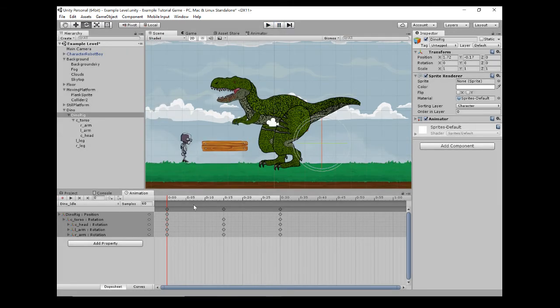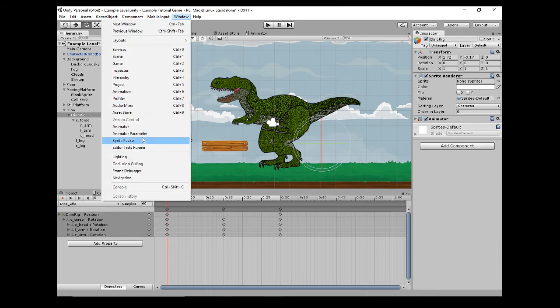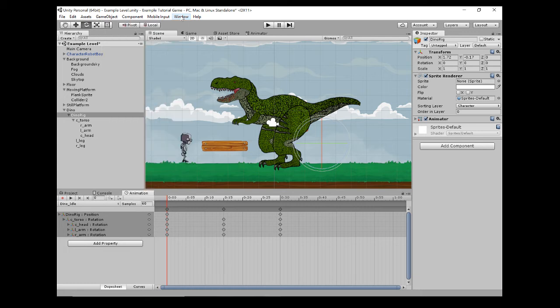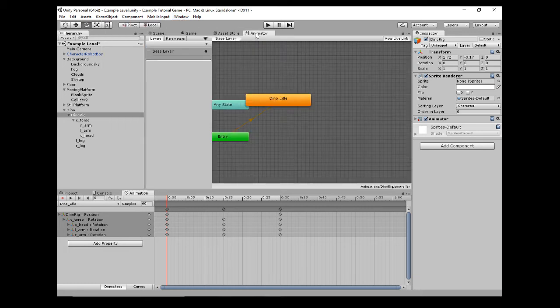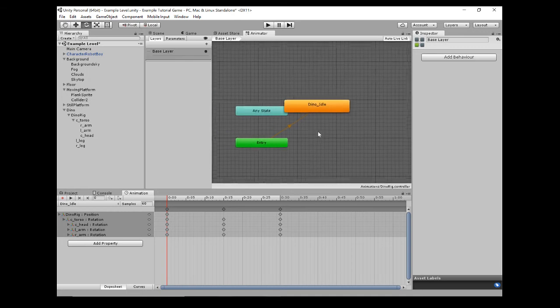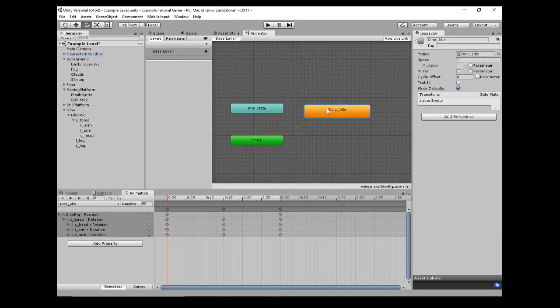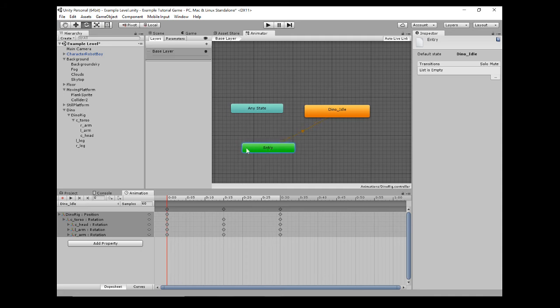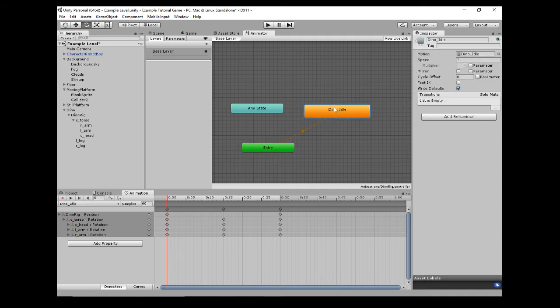So what do you want to do if you want to change that? Well, you need to go to your animator window. Now again, so window, animator, I've attached it up here, and what's happening here is you've got the Dino idle. So this is our actual animation, and this is like the start of the game. So at the start of the game, we're going to hit the Dino idle, and at the minute it's playing at full speed. If I change this to 0.5, so it's half speed, and go back to the game and hit play,